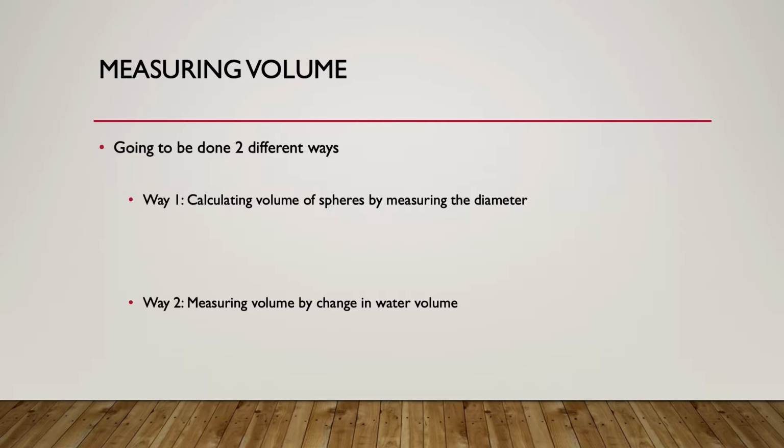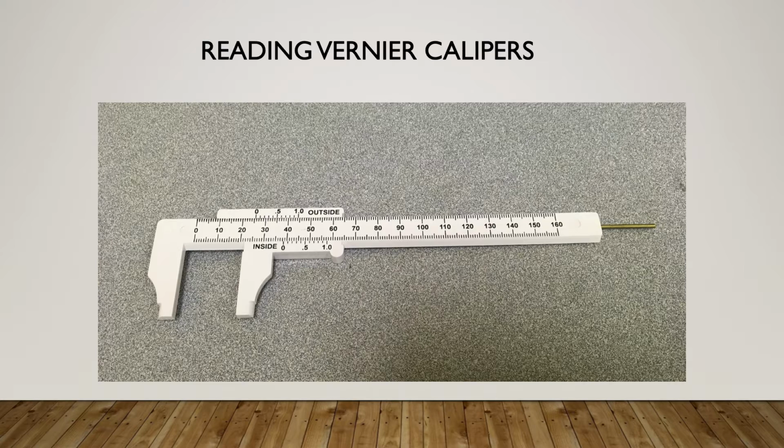And the other way is by looking at a change in water volume. We're going to do both of these in the actual lab, but we're going to focus first on the calipers. I'm going to go through and show what are called vernier calipers and explain how to use them. So you'll see that this is an example of the vernier calipers everyone will have to use